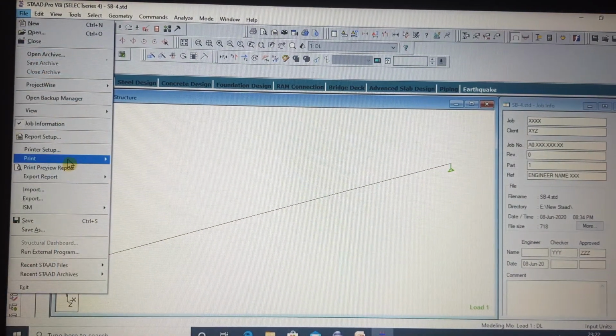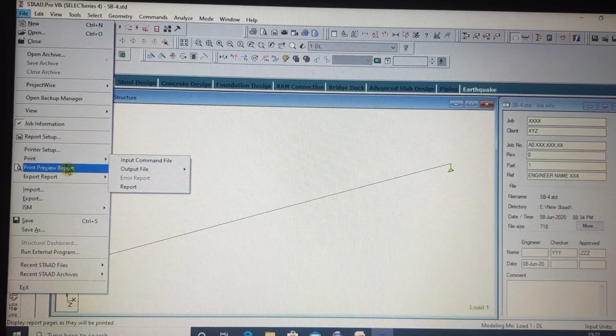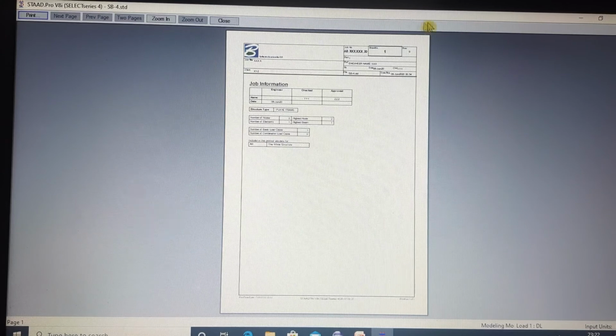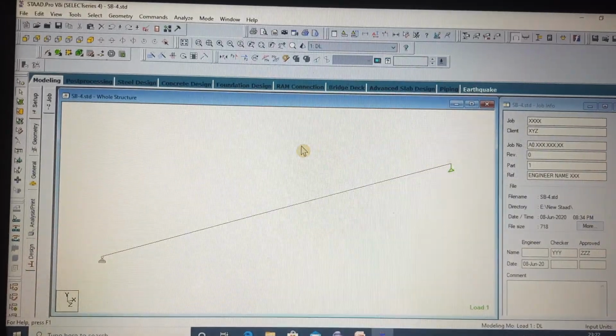Now if you go on and click on print preview report, this is the report format you will be able to see. Before going to print, you can easily check the preview for your print setup. So this will prompt here.